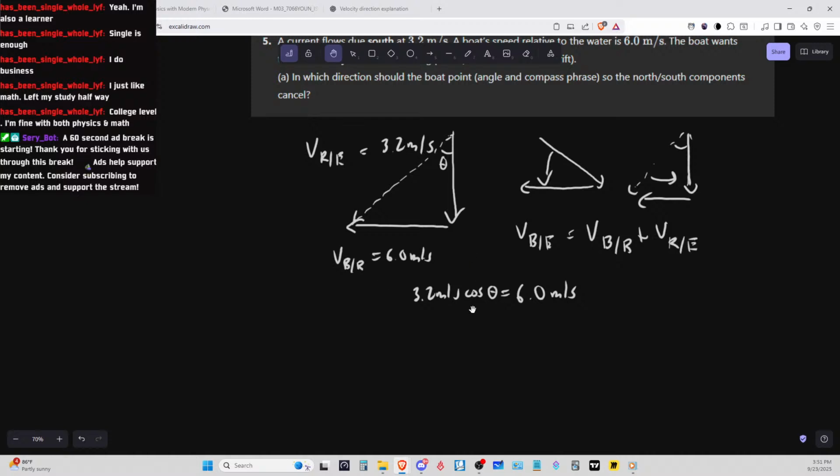And I think that's the right approach. So we literally have to do cosine